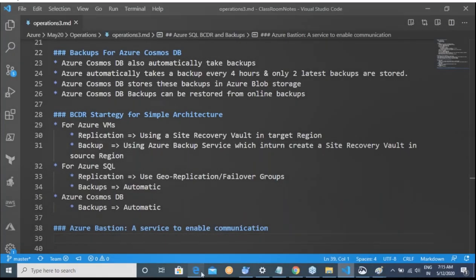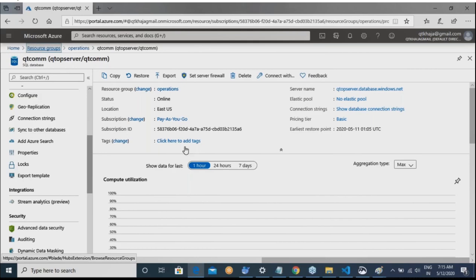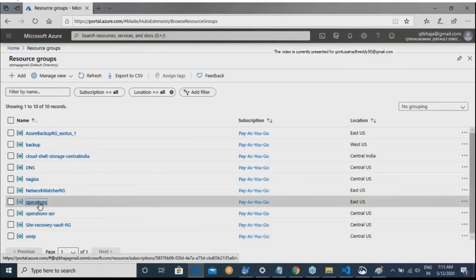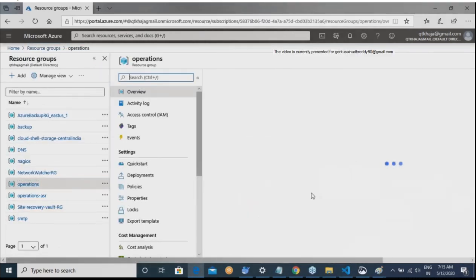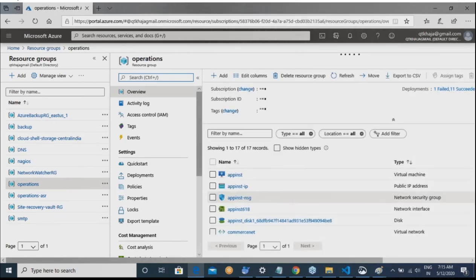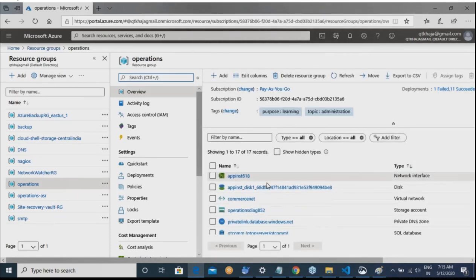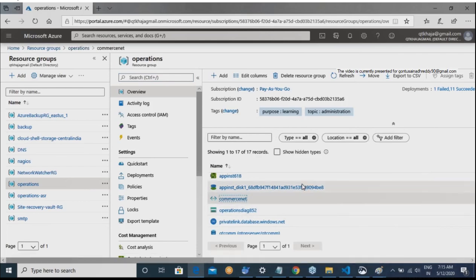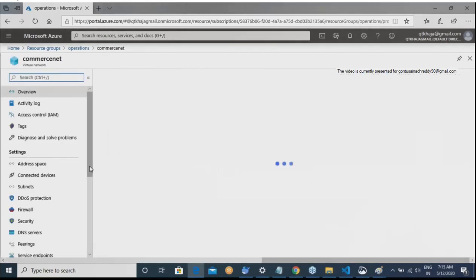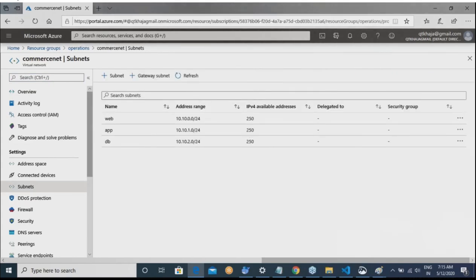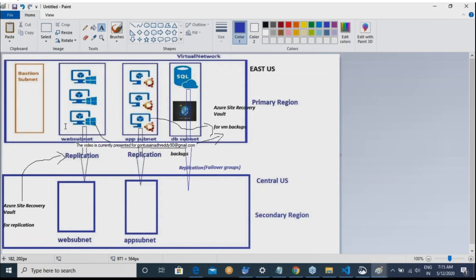Fine. So in the resource group called operations, I have one virtual network, CommerceNet. In this virtual network, if you remember, we have created 3 subnets. Generally in this architecture, in my web subnet and app subnet, I have given public IP addresses to my virtual machines.